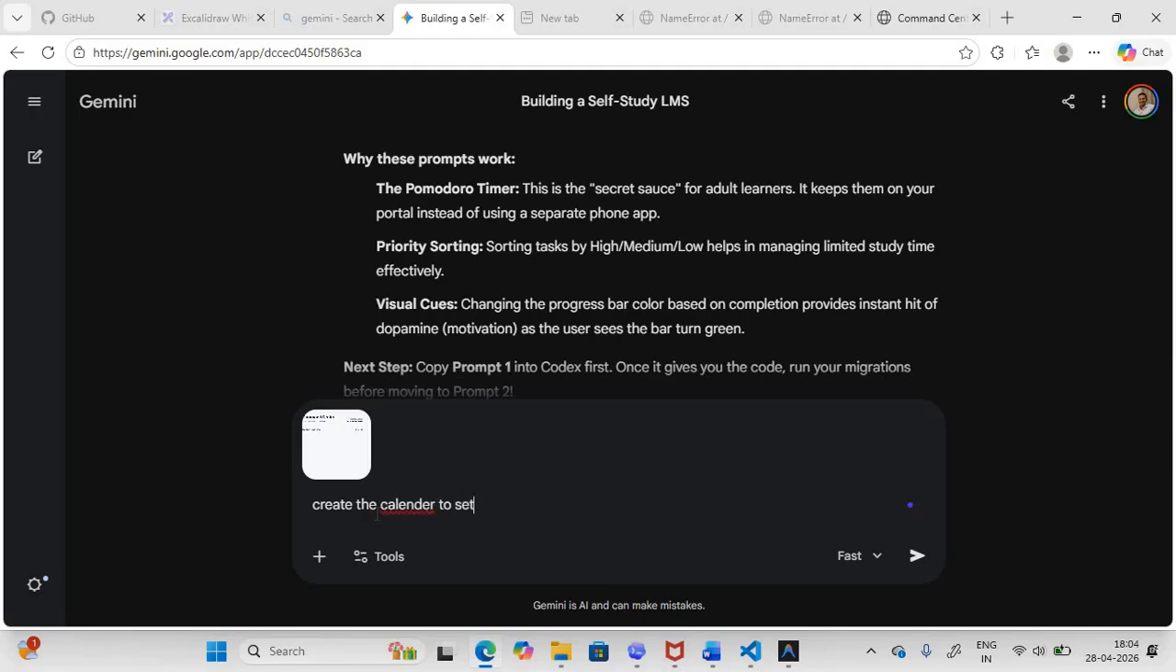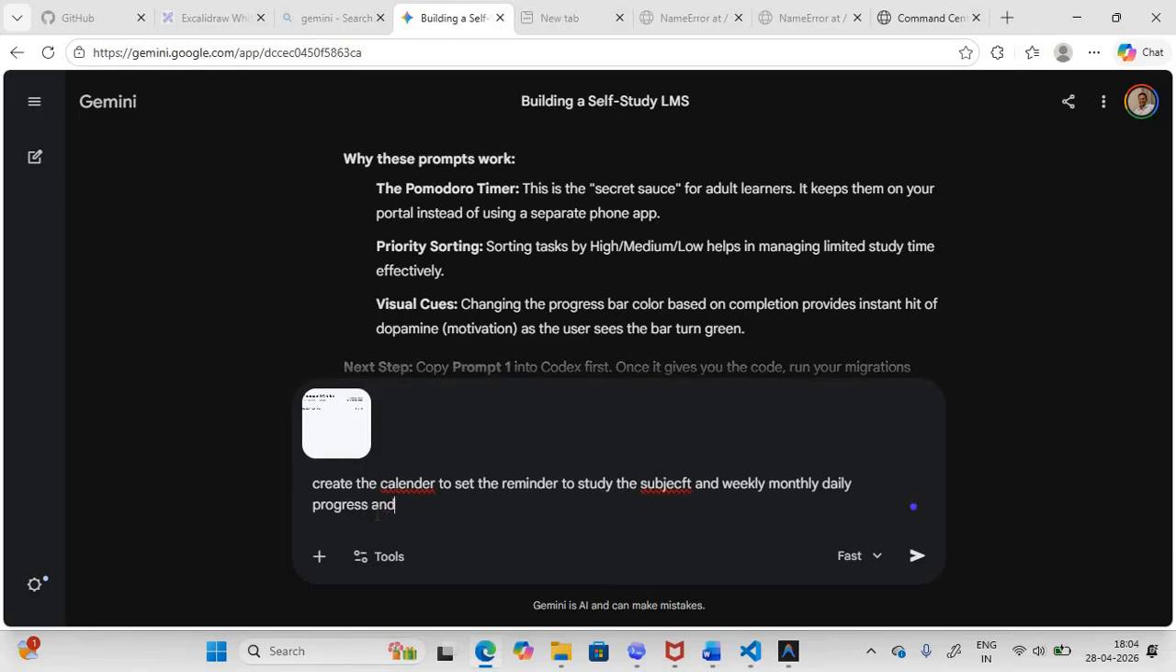Using this dashboard, if you want to add anything else, you can add it by using this Gemini. Create the calendar to set the reminder to study the subject, and weekly, monthly, daily progress, and also